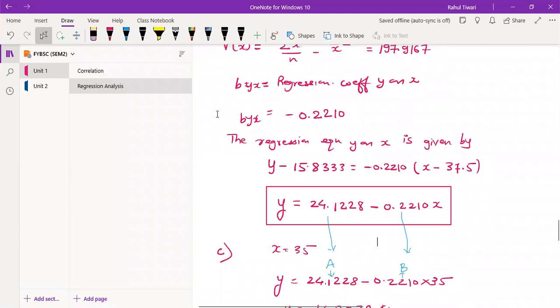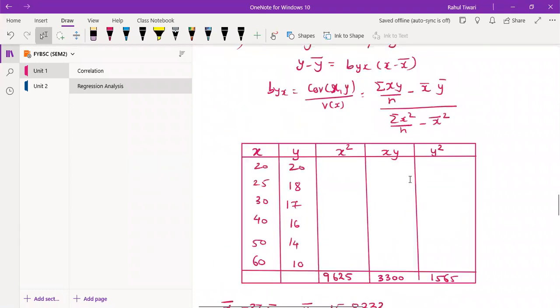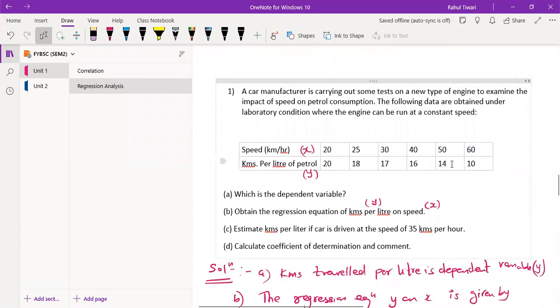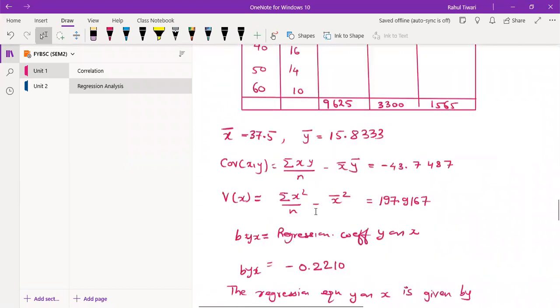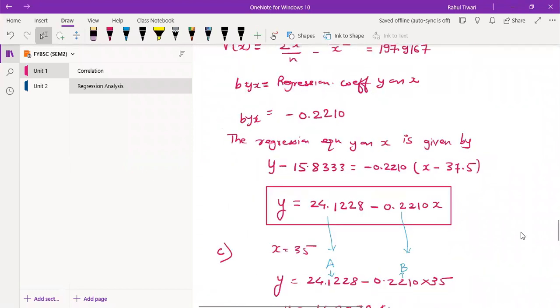तो आपको डेटा फीड करना है डायरेक्टली. डेटा फीड करके आपको सीधा इक्वेशंस लिख देना है. तो कभी कभी ऐसा भी होगा, आपको क्वेश्चंस दिया रहेंगे and they will ask you what is the regression equation y on x. What is the regression equation y on x? And 4 options are given to you. Can you calculate? Go to chat box and write down whether you can calculate or not.